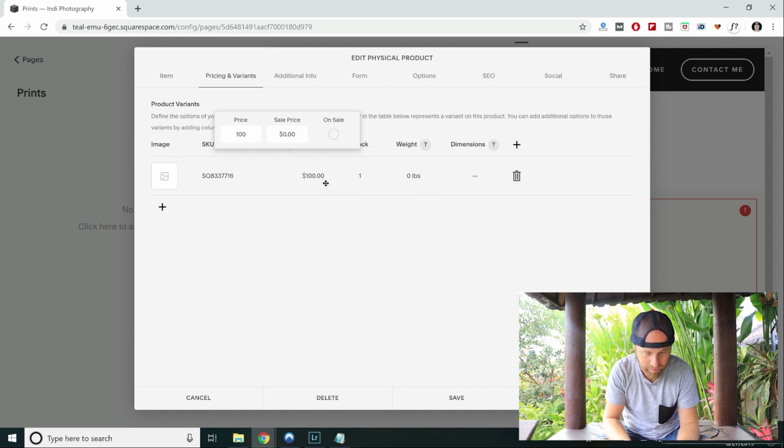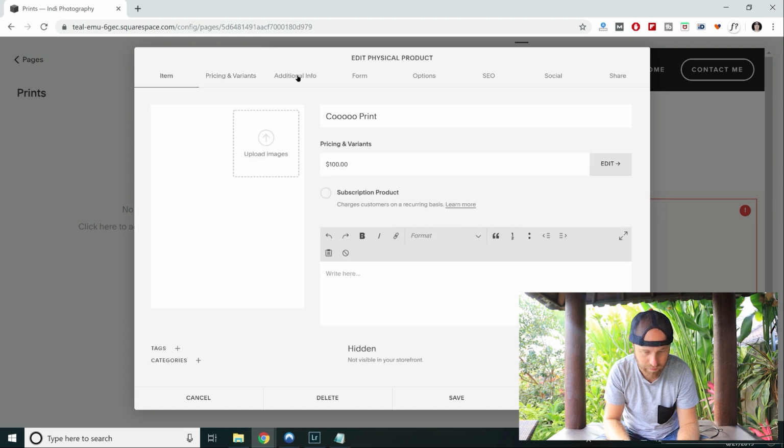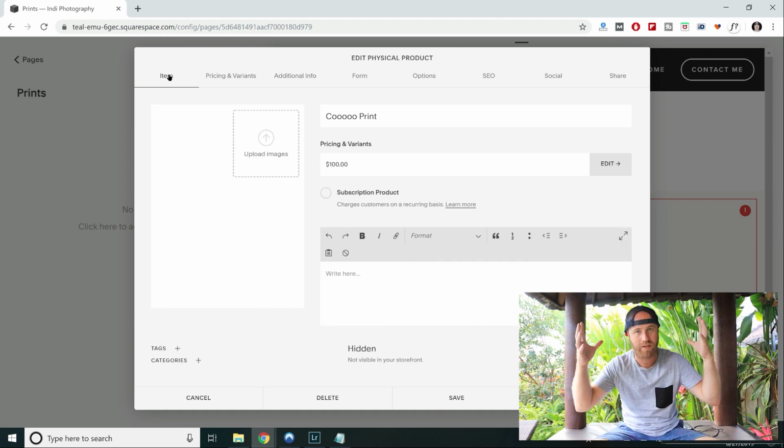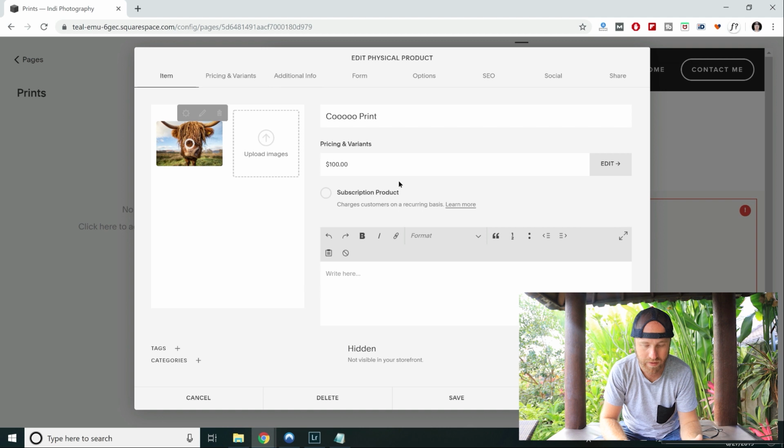The price is going to be $100. There's 10 because it's limited, and then you can add dimensions and stuff like that. You can add different price variants as well. Additional info, if you want to write info about the product, you can. I'm not going to get too into this because this video is already running really long, but essentially you can write your description: hairy coo print, limited edition, 20 by 30, something like that, and then you can hit save and publish,